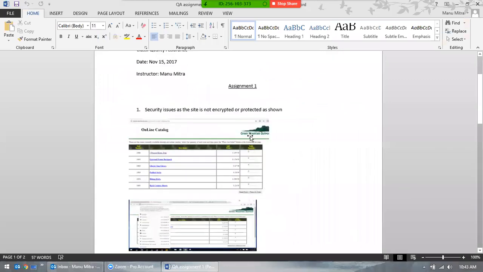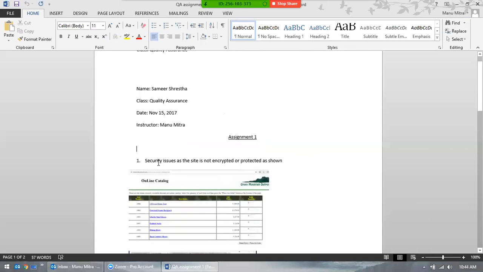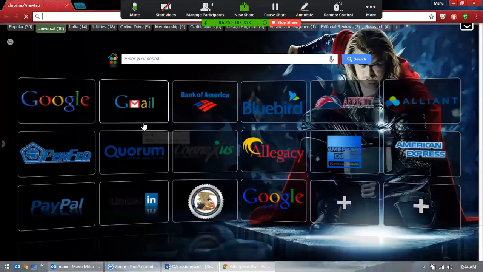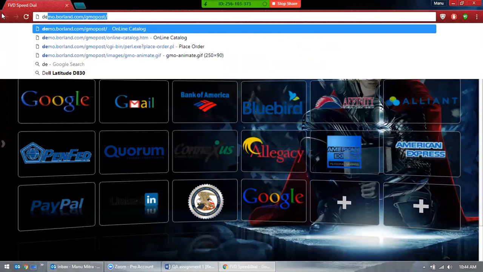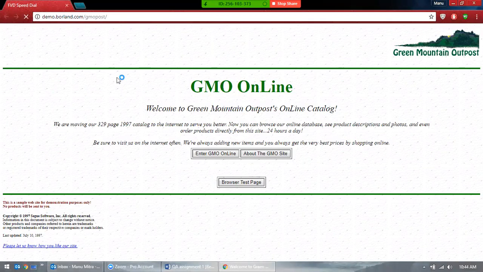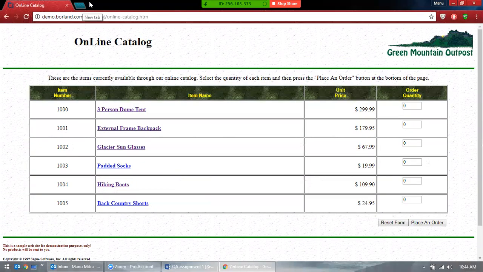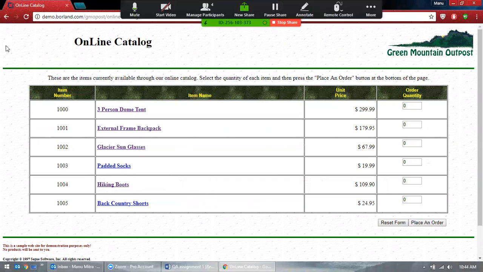Now, this is very interesting. This can be considered a defect. Security issue: site is not encrypted. So this is good. This is a defect because I never told it in the class. I never opened it and told it specifically, but that was really good. You found it. When you're trying to order, it has to be HTTPS. Whatever you want to order, it has to be HTTPS. It cannot just rely on.